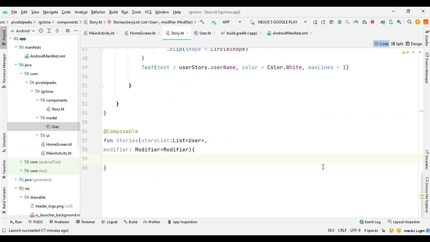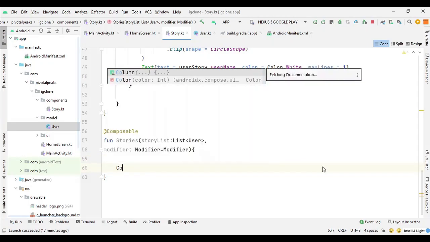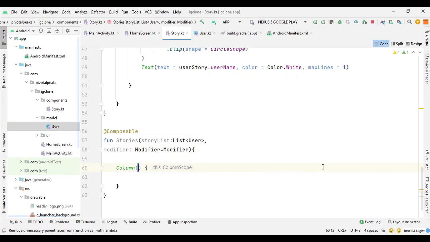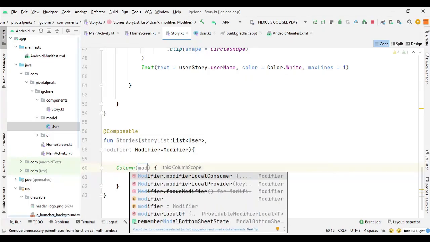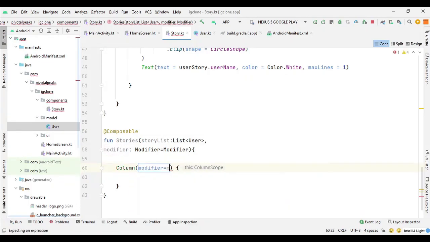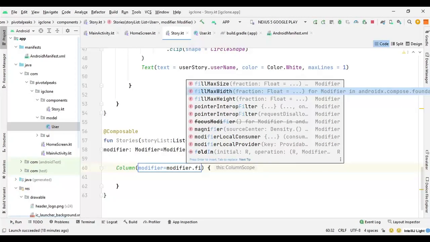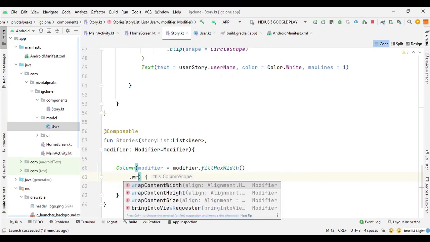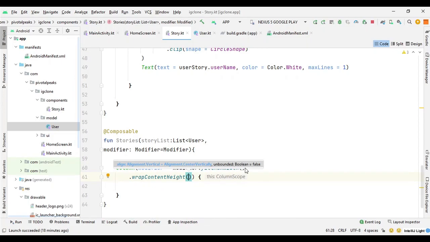So in this function we will first need a column, so let's say column, and let's give it some properties as well. So modifier equals modifier dot fill max width, and then we can say dot wrap content height, and we can also give some padding from top.